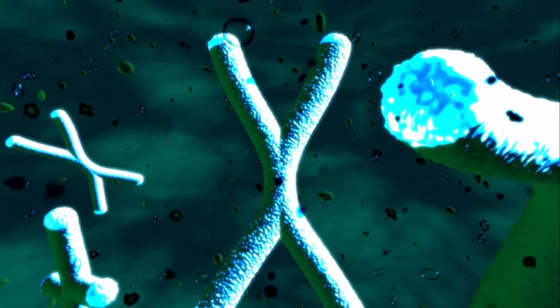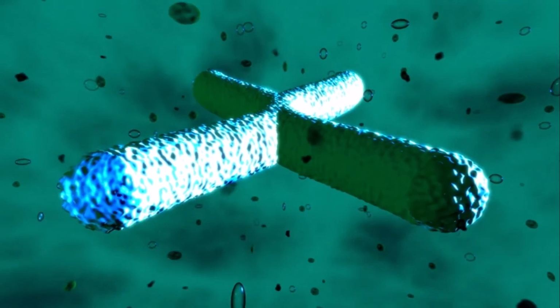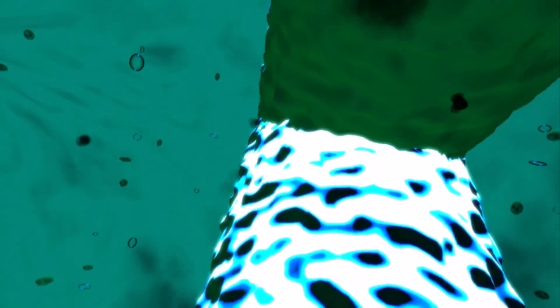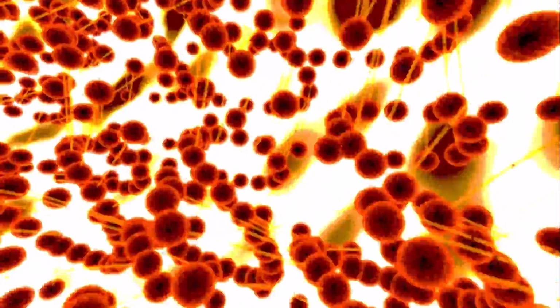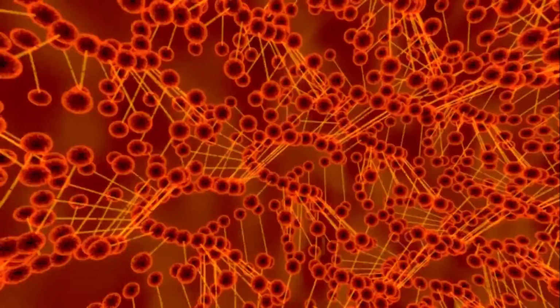For a human with a haploid number of n equals 23, there are 2 to the 23rd power of possible chromosome combinations. A human egg has about 8 million possibilities, and a human sperm also has 8 million possibilities. So a single man and a single woman can produce zygotes with 64 trillion different combinations of chromosomes.